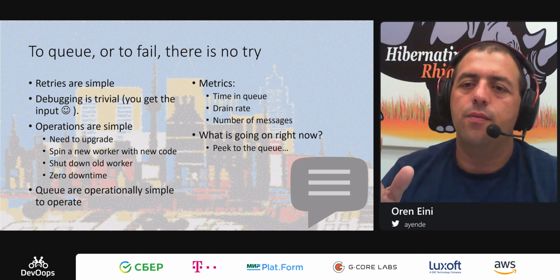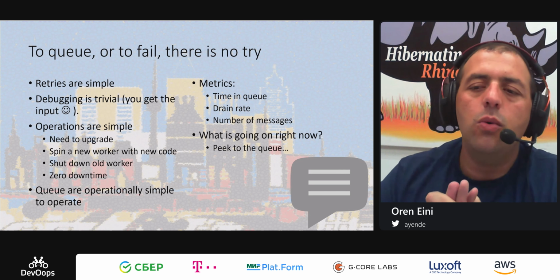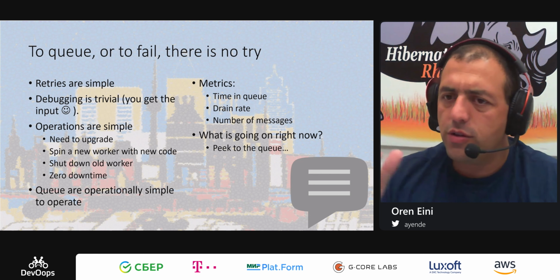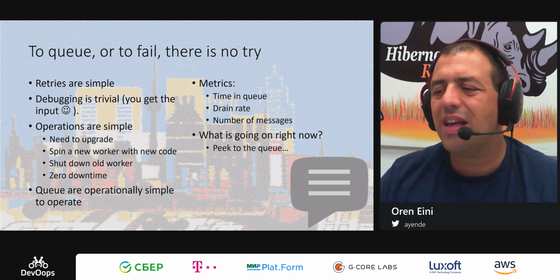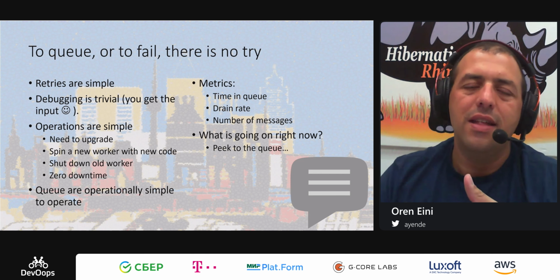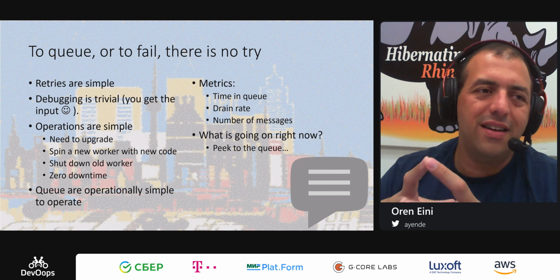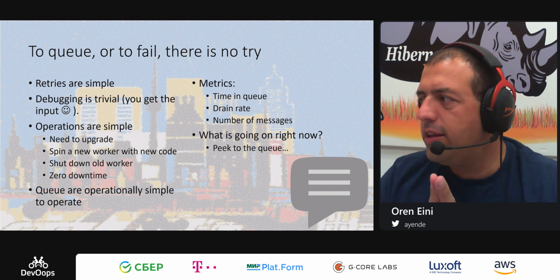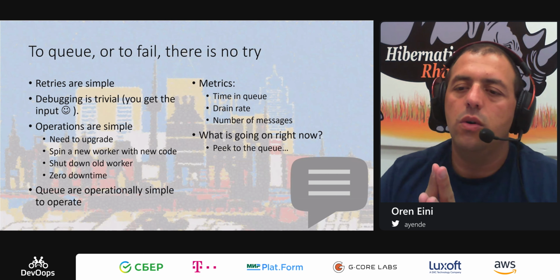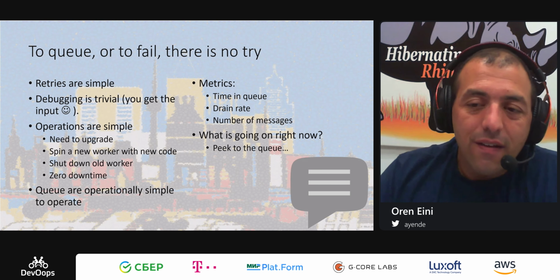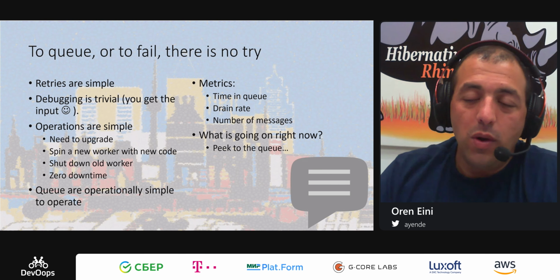It also exposes a lot of metrics into what's going on. The time in queue, number of messages, the drain rate, all of those things are now things that I have the ability to act upon. It also means that I have this powerful ability into looking into the queue. What are you doing? I can tell. What have you been doing?